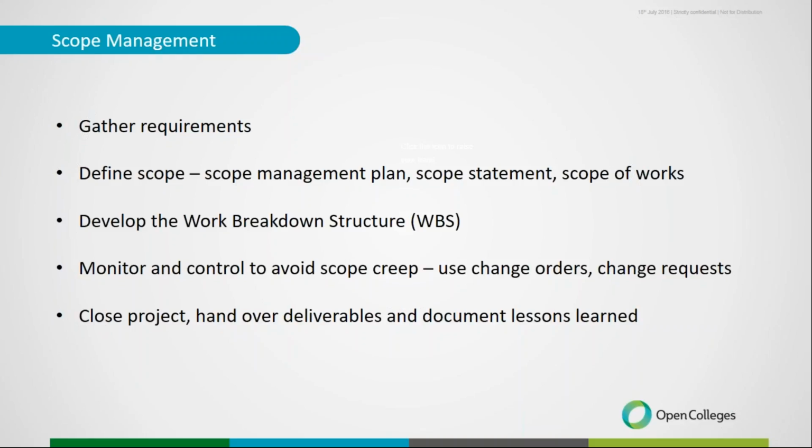So scope is really the important part. If we miss things in our scope planning and we don't find that missing element until later in the project, then that's going to blow out our schedule and our budget. So getting our scope defined really clearly at the beginning is really important, and then monitoring and controlling that throughout the project is also important, so we don't end up with scope creep and don't end up